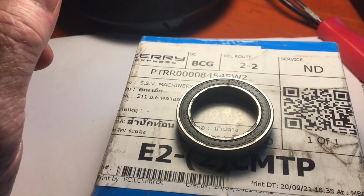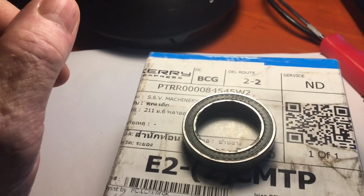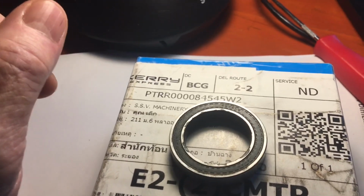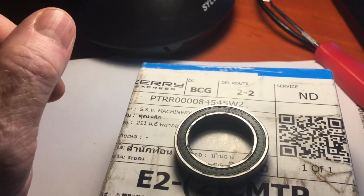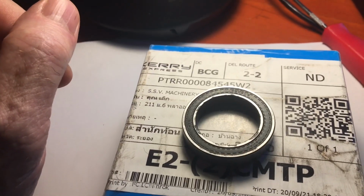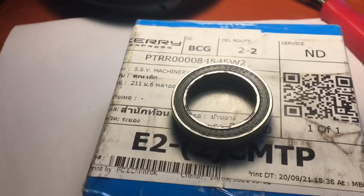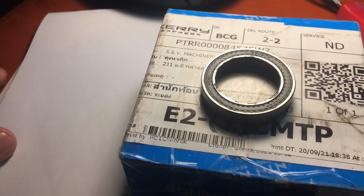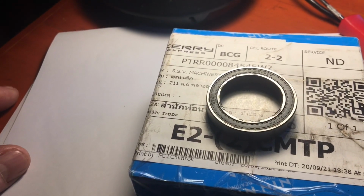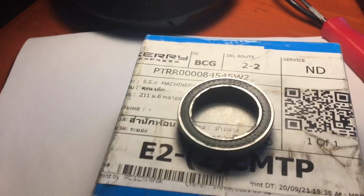I didn't know any different, so I couldn't get the bottom bracket in, even using my local bike shop's super duper $600 or whatever it is. I think it costs $600 for the top of the line Park Tool bearing installation and removal tool. Couldn't get it in. That's when I knew, well, it's not going in, it's got to come out. So that's an old story. It's previously documented in a video on my YouTube site. But I didn't know that putting the knocked out bearings back in would have any real major effect. I realize that's an unkind way to do it, and there's better ways, but